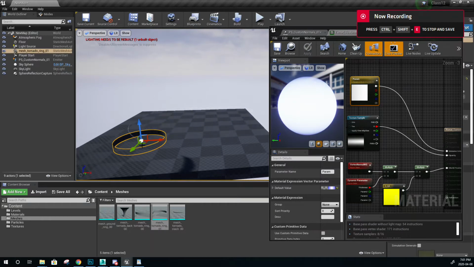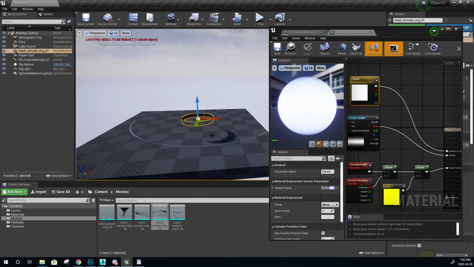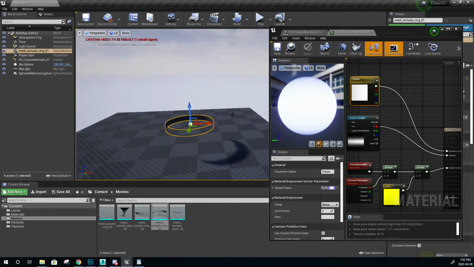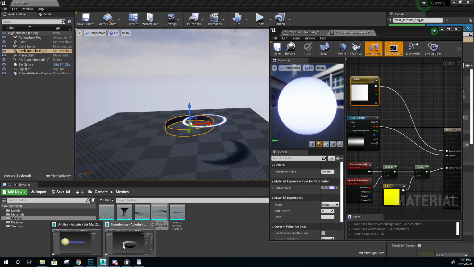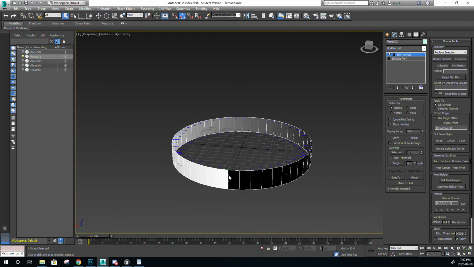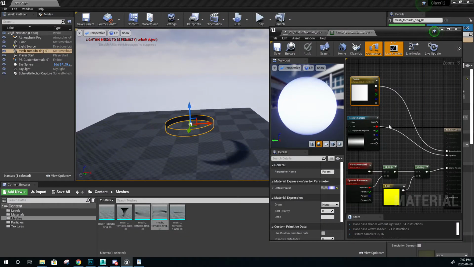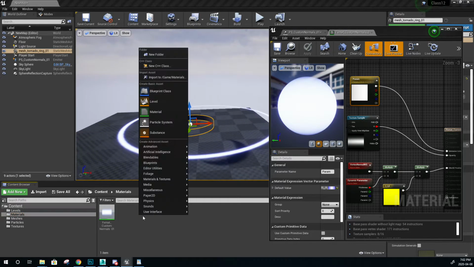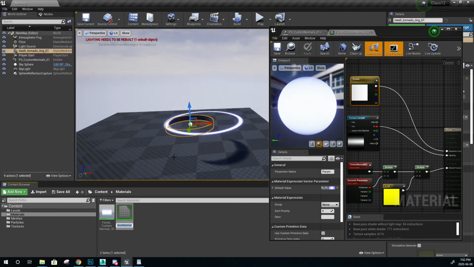Oh, you know what? Before we move on to the next lesson, I'm gonna show you something else regarding the normals. There's this mesh over here that is going to be on the tornado, and as you can see, the alpha of the mesh is 0 over here, and it gradually goes up to 1 all around its length like this. So this can also be used as a mask for the vertex offset. So we're going to create a new material called fxmat underscore, let's just call it custom normals